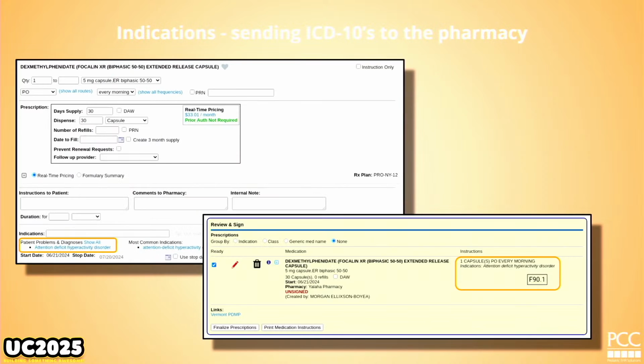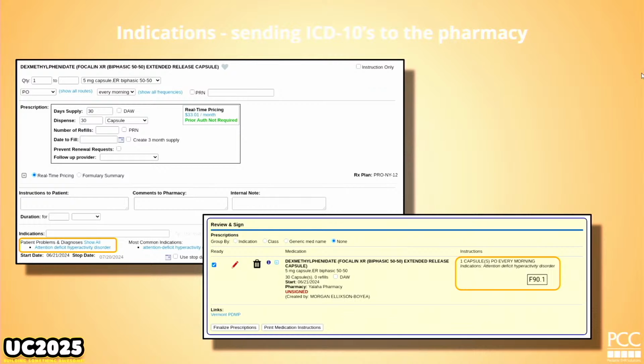Here's how you add an indication. So with the insurance plan that is seemingly asking you for those codes before you get the insurance results, this is the way to do that. In the indication section, it will prompt you with, if it matches, items from the problem list. So if your patient has ADHD of any of the flavors and you're prescribing ADHD med, it's going to see that as one of the options from the problem list. You can always expand and see everything on your problem list, as well as the most common indications for that medication. If you're going sort of off the grid with some stuff, you may not see it there.